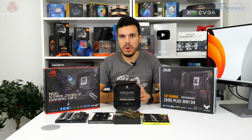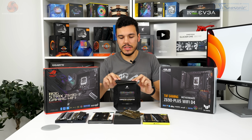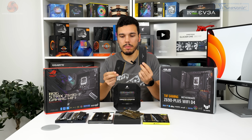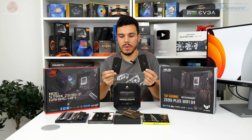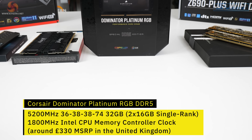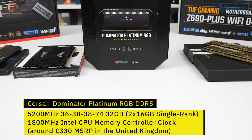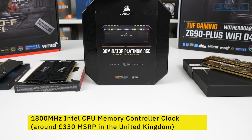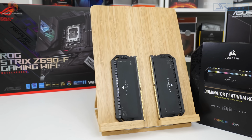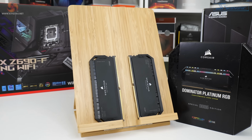Now focusing on the memory kits that we're testing, for DDR5 we have our sole contender here because even samples are still quite limited, pre-release to be honest, and this is Corsair Dominator Platinum RGB. So this is a 2x16GB DDR5 kit run at 5200 MHz frequency with timings of 36, 38, 38 at 1.25 volts